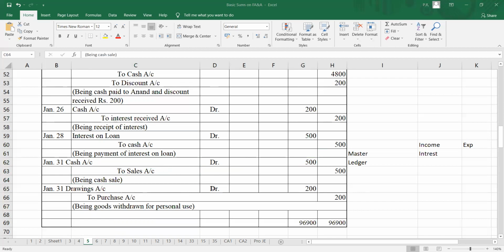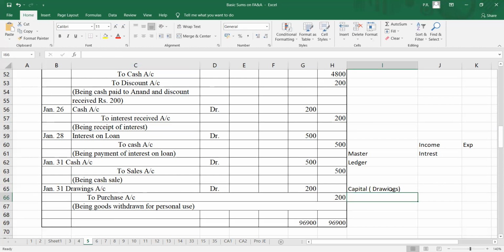Then comes the last entry which says withdrawn goods from business for personal use. Here the owner is withdrawing for his personal use. That means what will happen over here? What accounts are getting impacted? One will be the capital account, which right now we call the drawings account. As I discussed with you, whenever you withdraw any money for your personal use from your business, you call it drawings, which will lead to a reduction in your capital. After that, capital in the business will go down.